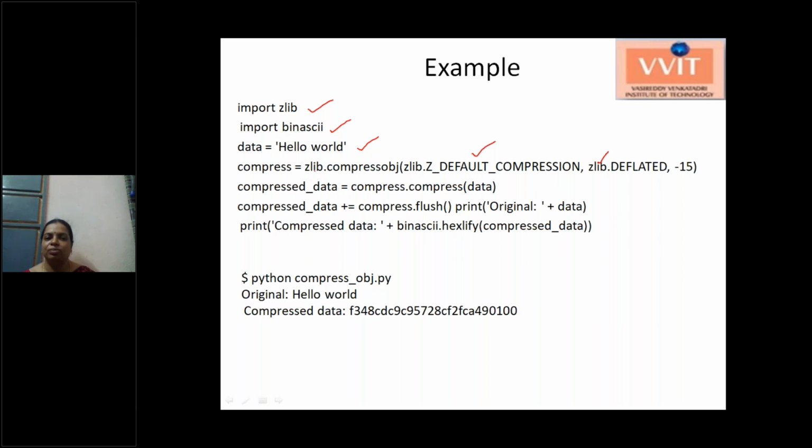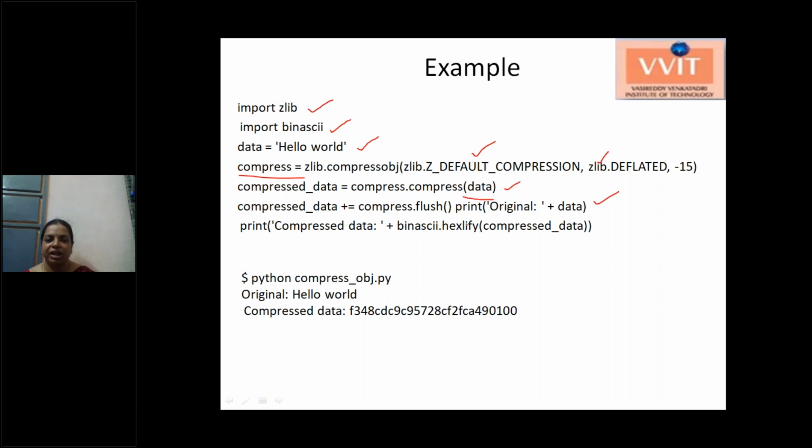We created the object for the compression, and now using this compression method we are compressing the data. This compress object is created with all these properties, and using that object we are compressing the data. Then compress.flush removes all the information that was previously available, and we print the original data.